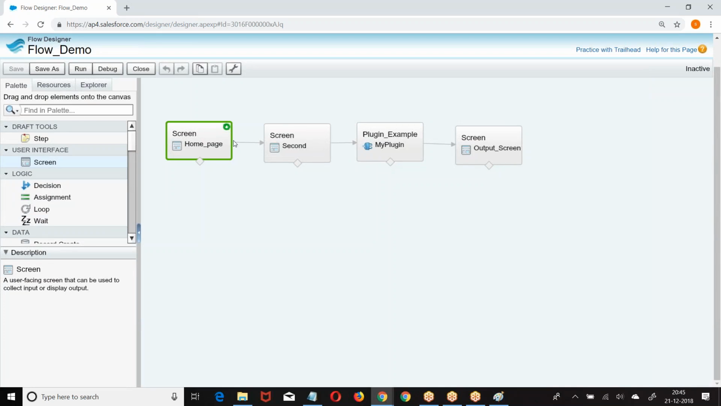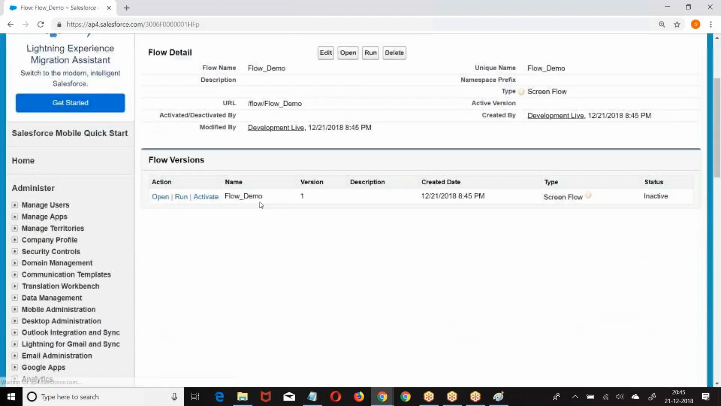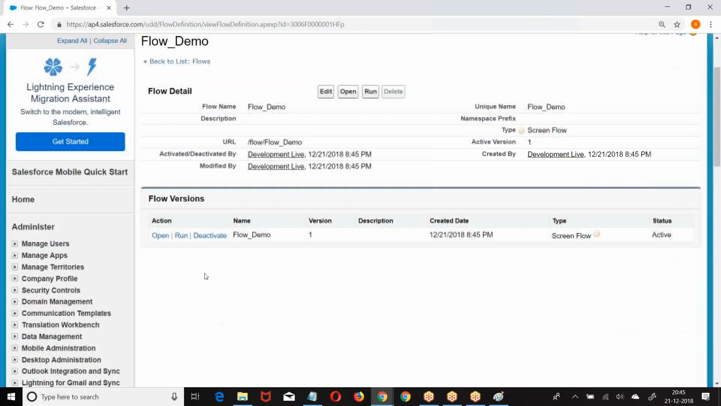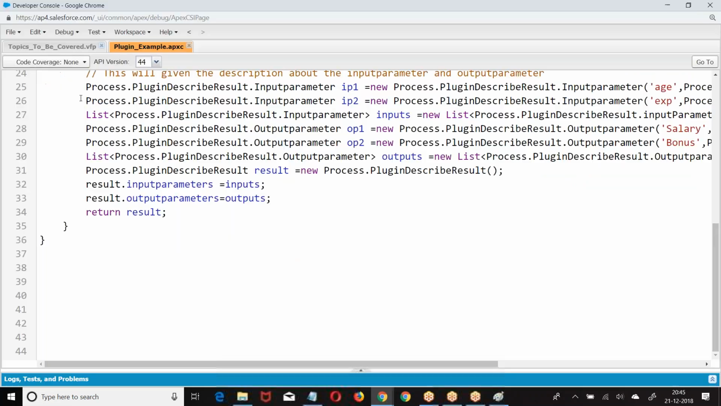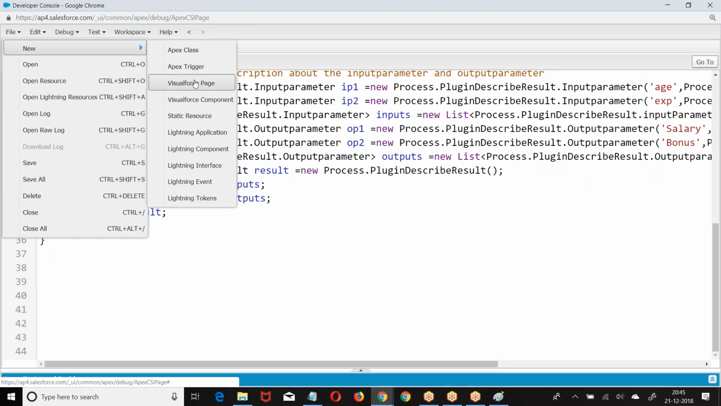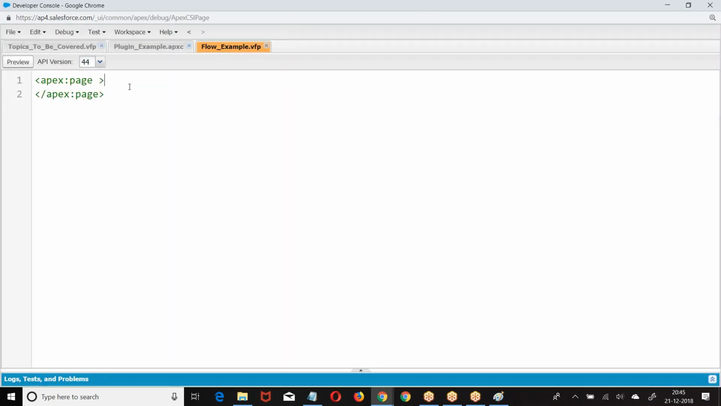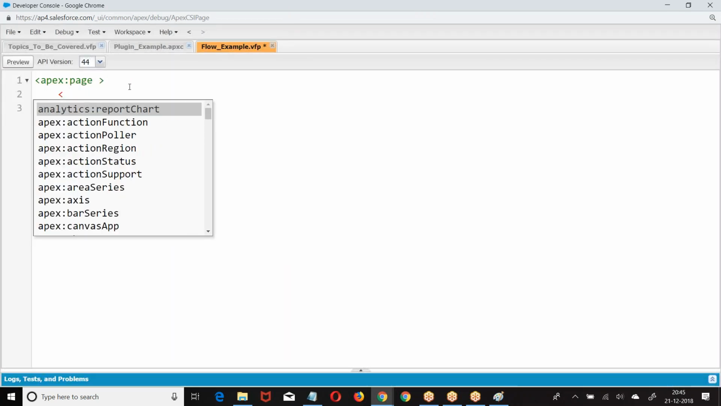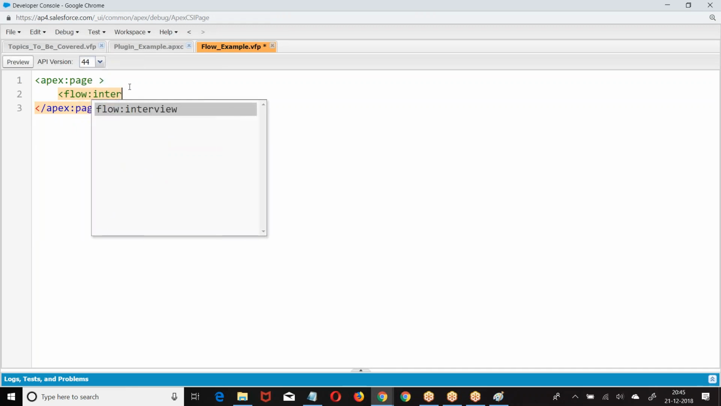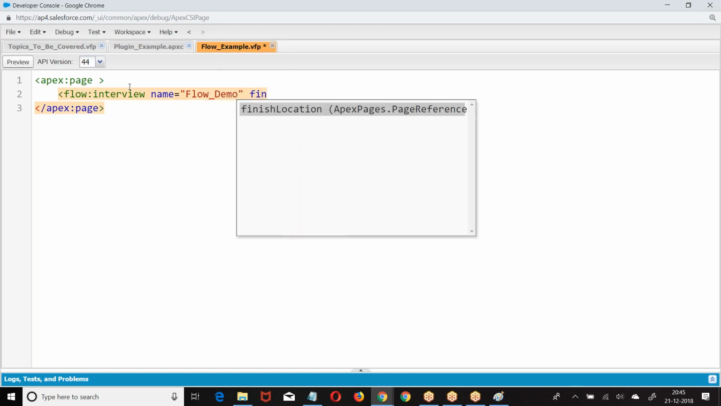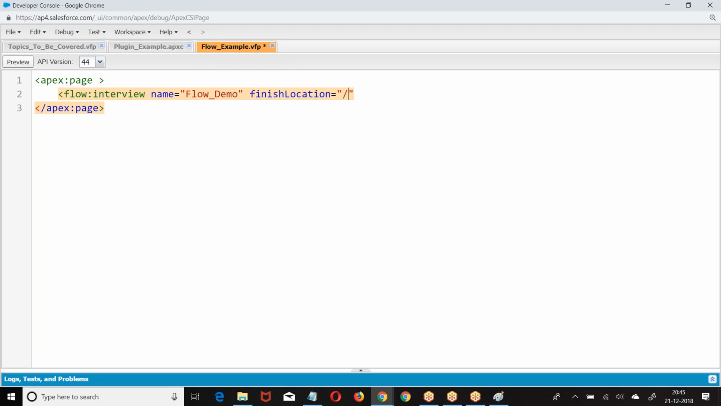Flow demo. Then go back, close it. Flow demo. Go to the VF page. Flow interview. Name equal to, finish location. Finish location equal to